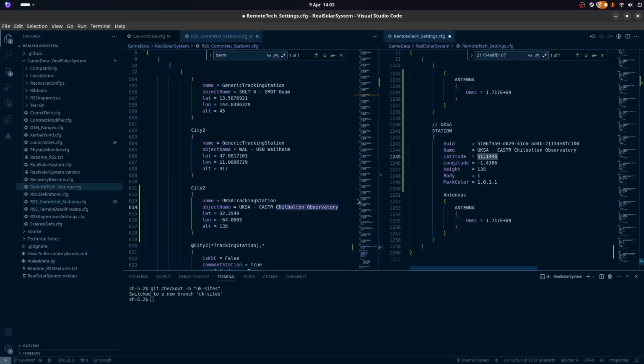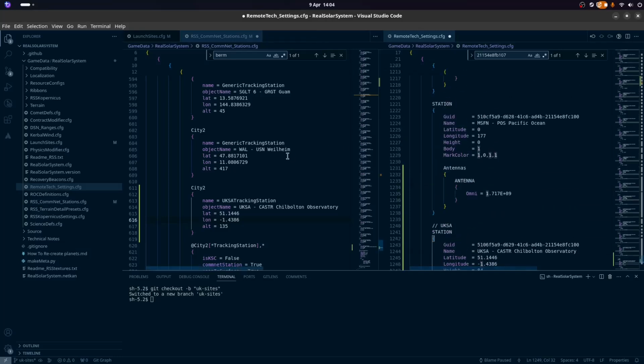And we want the latitude, we want the longitude, and what is the altitude of? Okay, so I am just finding out the altitude for Chilbolton Observatory, and it seems, according to the NCIS, that it is at 84 meters. So that is what we'll place here.